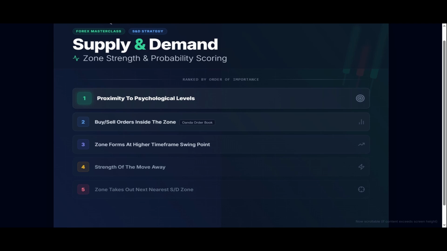Remember, no single factor guarantees a winning trade, but when multiple factors line up, you're no longer trading noise, you're trading structure, intention, and the psychological footprint of the market's biggest players. In the next section, we'll take all of this a step further and how to stack